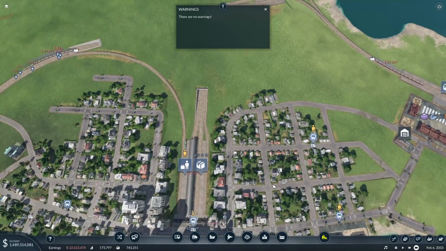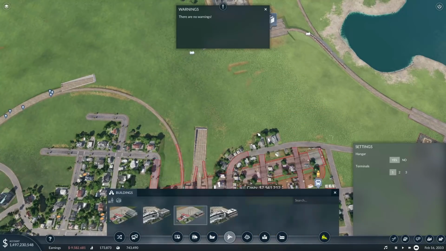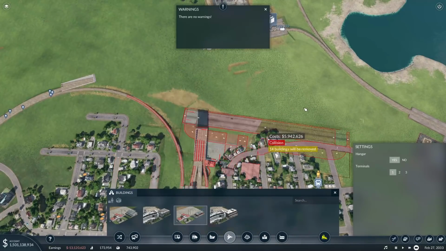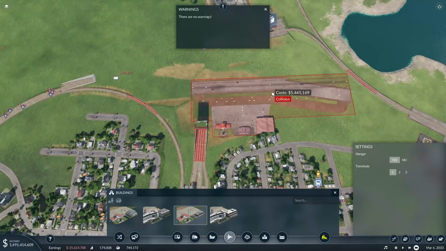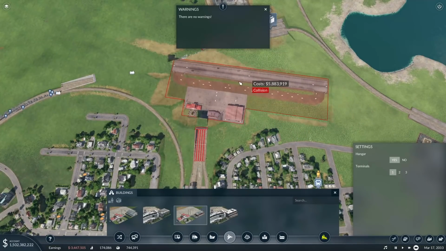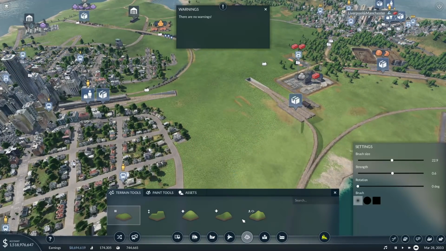So in reality, the airport... Oh, I keep pressing the wrong button. Can I not get it like on the other side? I mean, I almost could have got it on here. What's the collision? It's the land as well. The land's kind of thrown us all off. So...